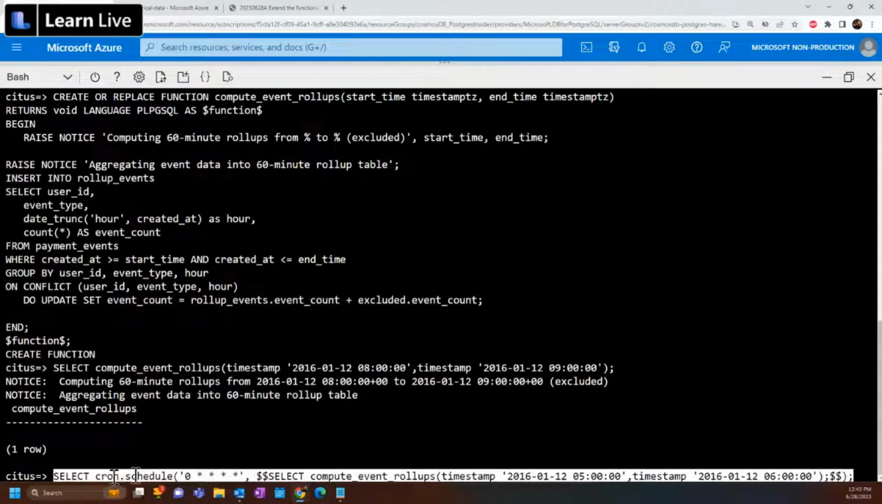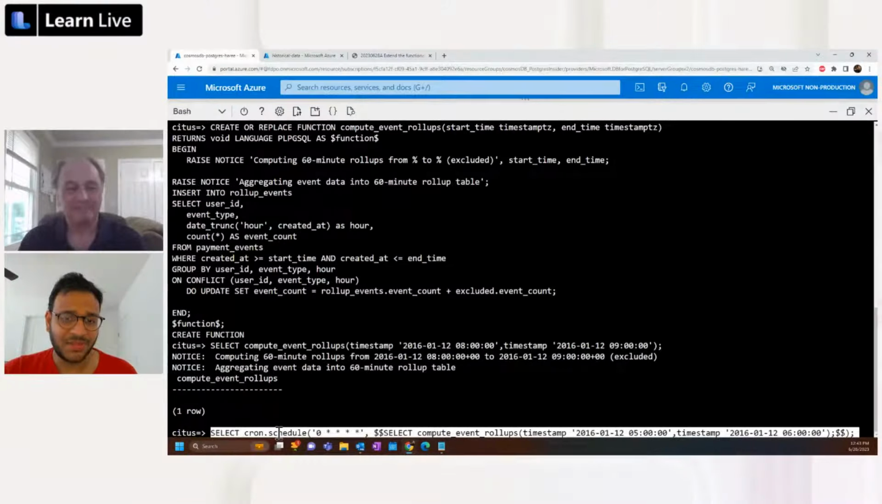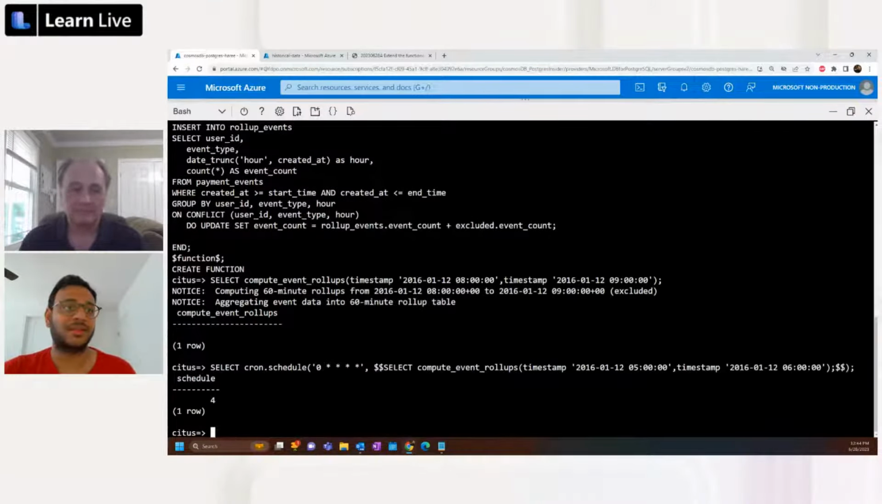So now cron.schedule. For any Postgres admins here, this is probably one of the most used functions, where we try to schedule different functions, in this case events, and where we try to get information out of that. Let's create that. Yeah. Now we try to create that. Now let's see if the jobs actually